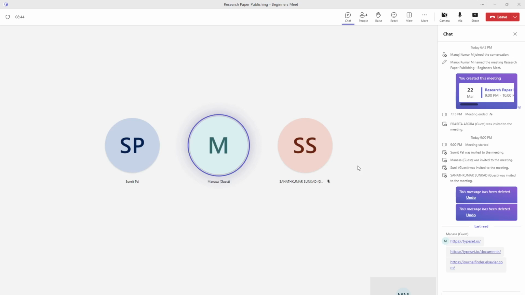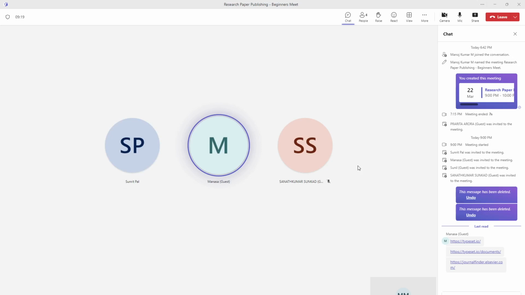And there was one journal which was of little less cost, which we found, and it accepts all modules and all topics. That was Scopus indexed as well, and it was a little low cost. It was charging around 6,000 INR once the paper is reviewed and submitted. For all the papers, the first step is, once we format it and upload it, there is a review process that happens.